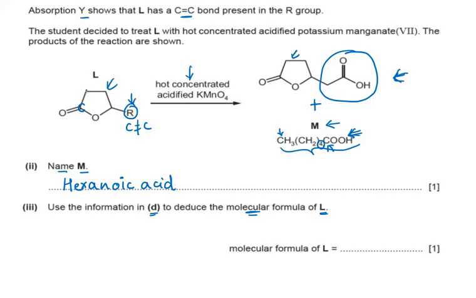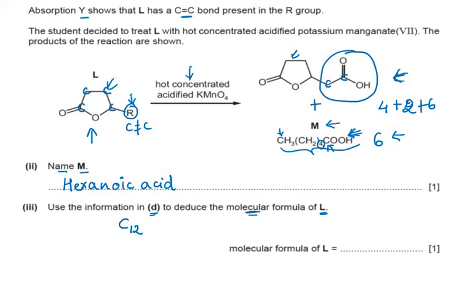Shown here, it is 1, 2, 3 and 4 carbon atoms in the ring, and for the R group, count the carbon atoms here: 1 and 2, plus the 6 carbon atoms in the M part. So the total number of carbon atoms is 4 for the ring plus 2 in the remaining chain, plus 6 from the M. That total gives the L structure. So the total number of carbon atoms is C12 in L.